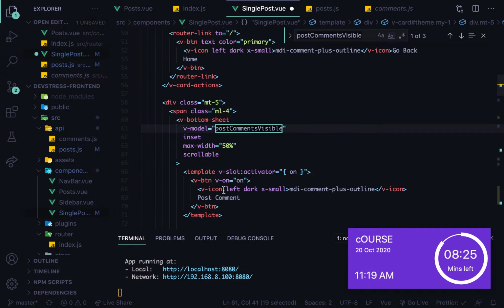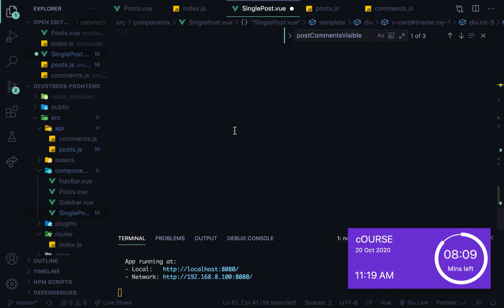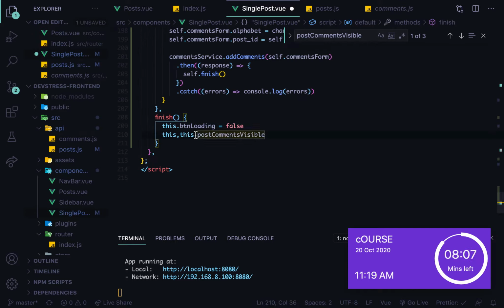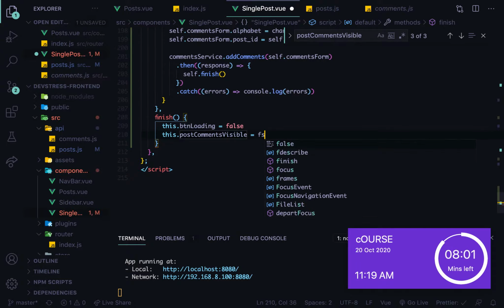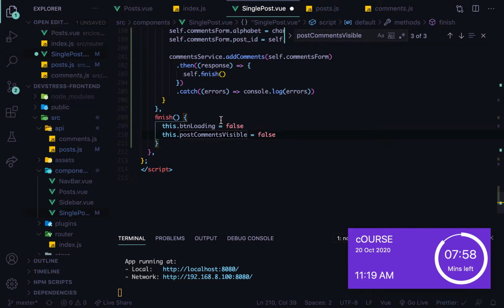So you can see the post comment visible is the sheet, right? It's bundled, modeled to the button sheet. So if the button sheet is false, that means it's going to disappear, right? So that is it. So this.code comment visible is equal to false, and what else? So now that is equal to false and everything, we need to